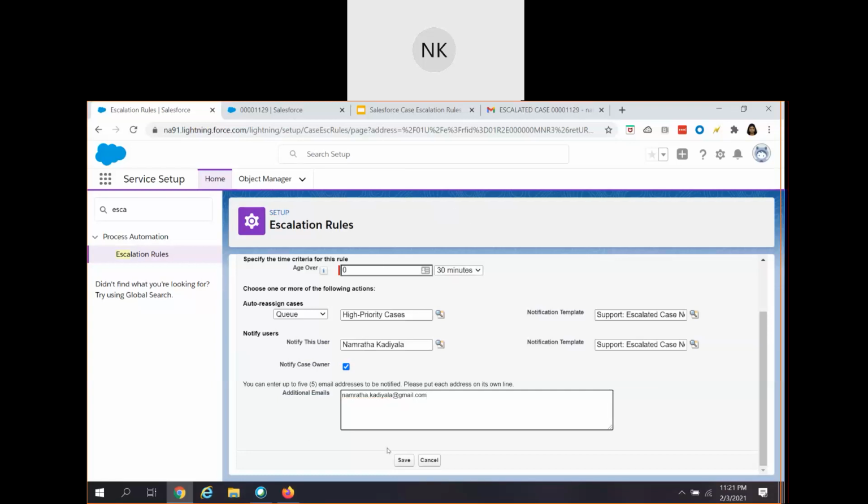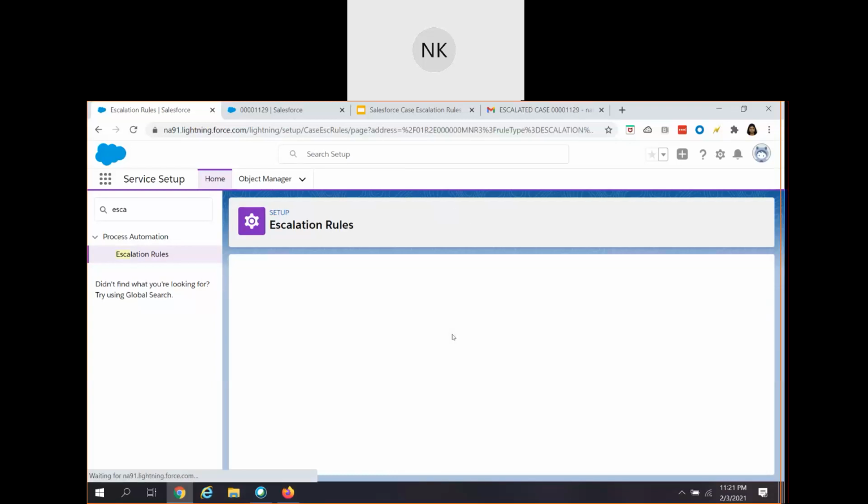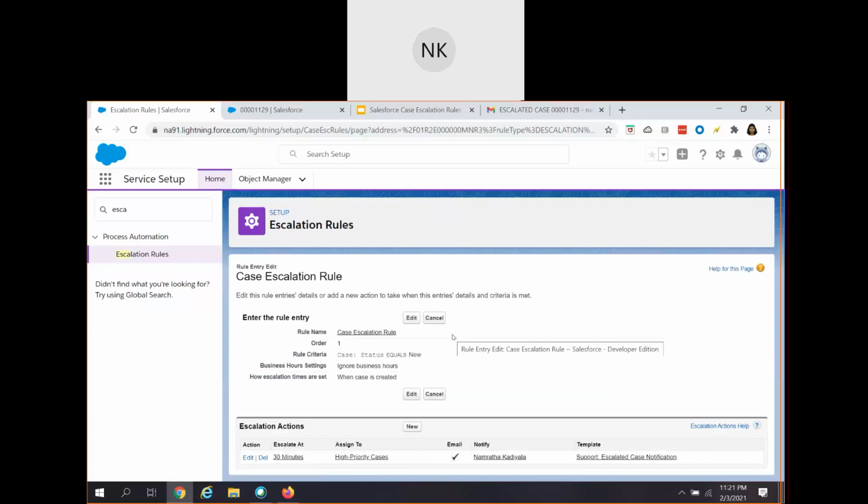and click on save. So this is the end-to-end process of how you can go ahead and create a case escalation rule.